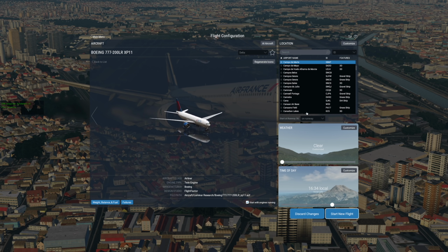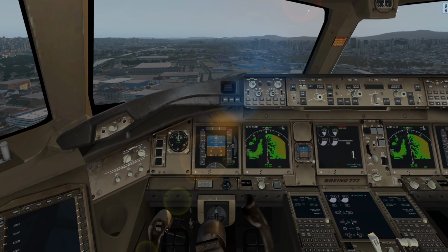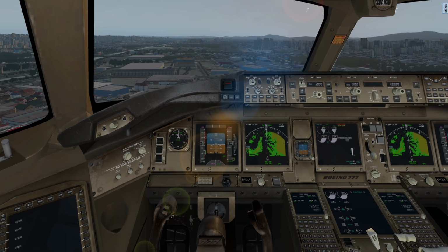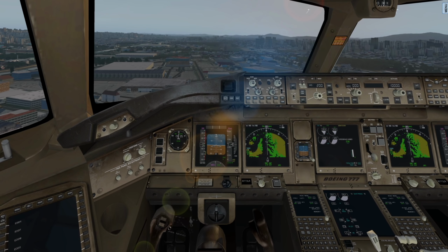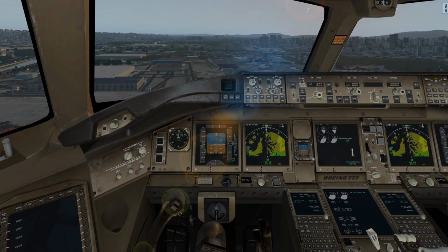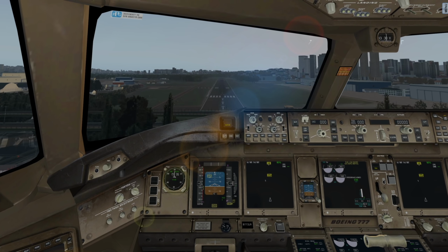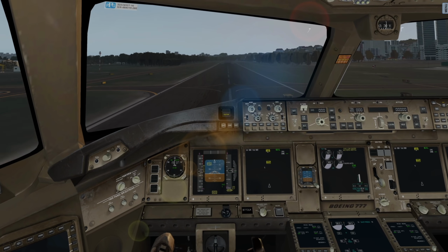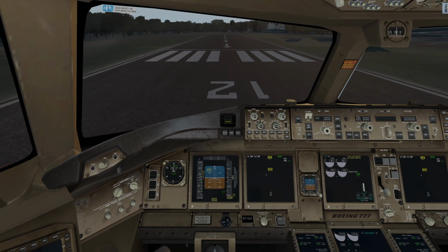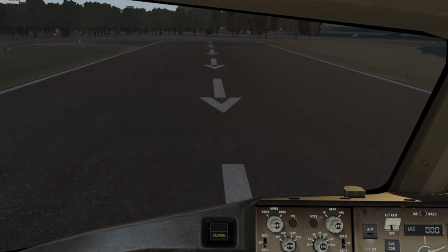The 777 is quite a little bit bigger than the A350, so this will be a very interesting landing. Let's come in a little lower on the glide slope, I guess. Yeah, totally good idea. Now, this is the first plane that I would think could struggle to fly at this airport, or at least somewhat fly at this airport. Now, we have done a very successful landing so far, even though we are struggling to...